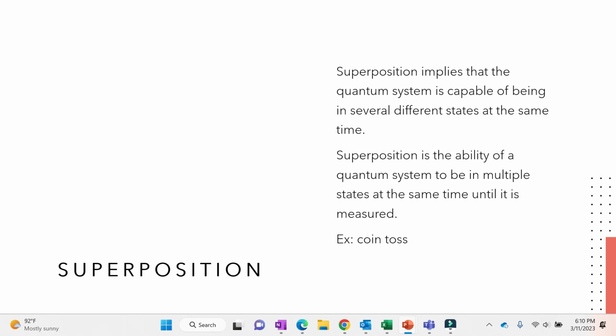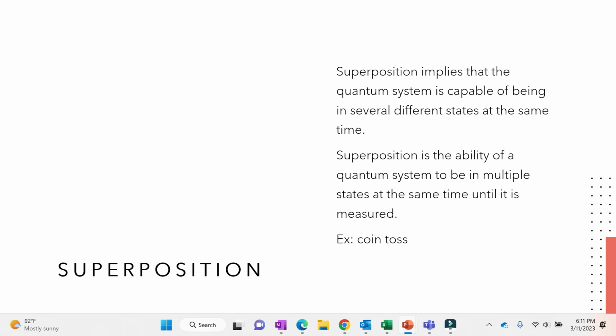The second key concept to understand is superposition. What does superposition mean? Superposition implies that a quantum system can have different states at the same time. So superposition is an ability of a quantum system to have multiple states until it is measured. So when we observe an object, we will get one defined state, but before we do that observation, it can